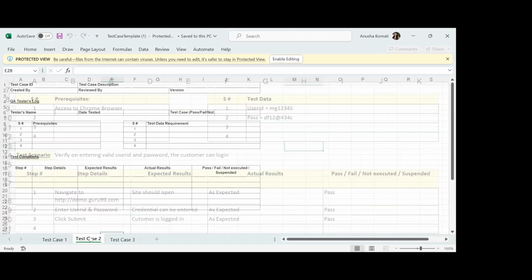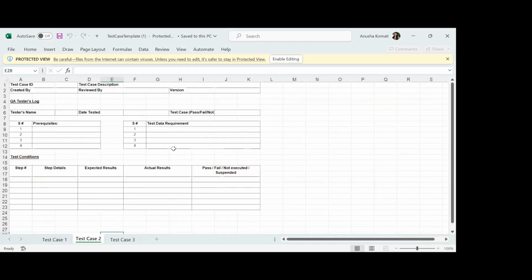This is another test case which you can fill based on the functionality. You follow this format only for the test cases. In another way, you can also use